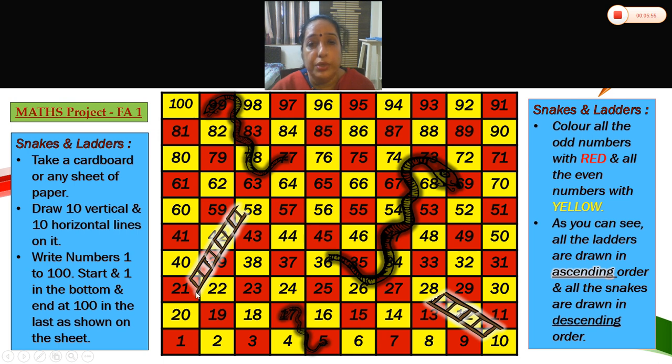Now come to the next one, children. What number can you see here? 21. Good. After that 39. After that 42. After that 58. Now what is this? This is a ladder where we are showing the ascending numbers. Numbers are 21, 39, 42, 58. Small, big, bigger, biggest. These all are ascending numbers. You followed ascending numbers, right?